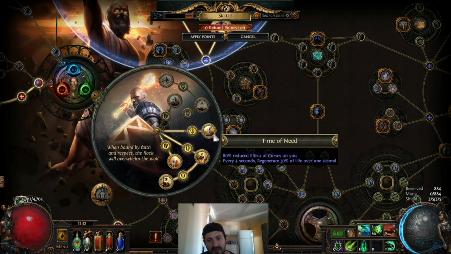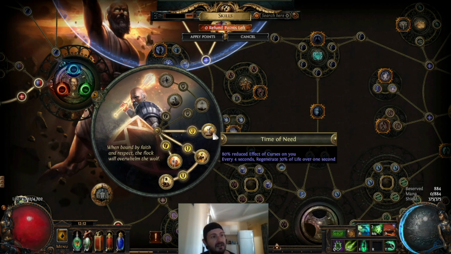Now the next one that you're going to get is going to be Time of Need, and what this means is you get 80% reduced effectiveness of curses on you, which is really good. Means you can do a lot of different map mods with this build. You know, temporal chains maps are essentially nothing to this build. And then every 4 seconds you're going to regenerate 30% of life over 1 second. This then synergizes with our Surging Vitality. So we're looking at every 4 seconds or so you're going to get 40% of your life